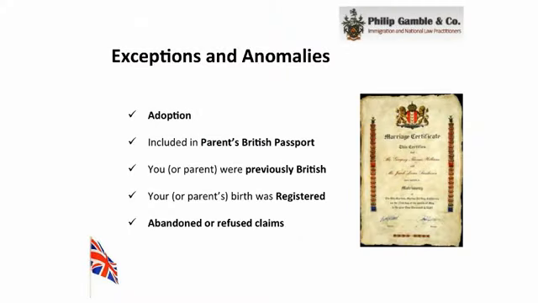Now, a couple of other points that we want to talk about in terms of whether potential rights for UK nationality may or may not exist. The first thing I should say about adoption, top of our list here, is that British nationality rights are not usually acquired through adoption unless the adoption took place in the UK itself. So it's not possible to look to adoptive parents to make UK nationality claims. We can only usually look at the natural parents of any given child when assessing claims.